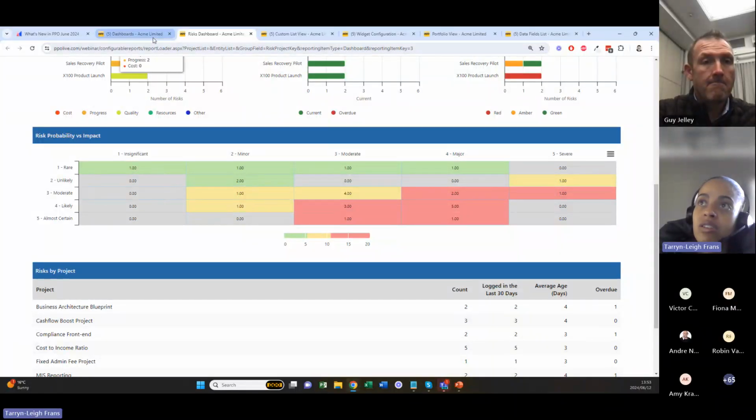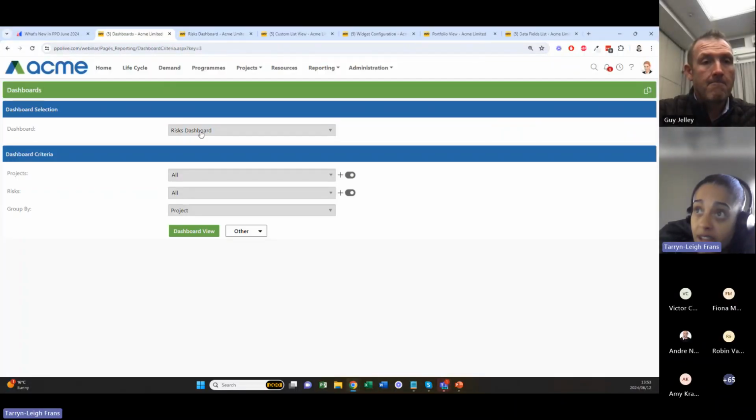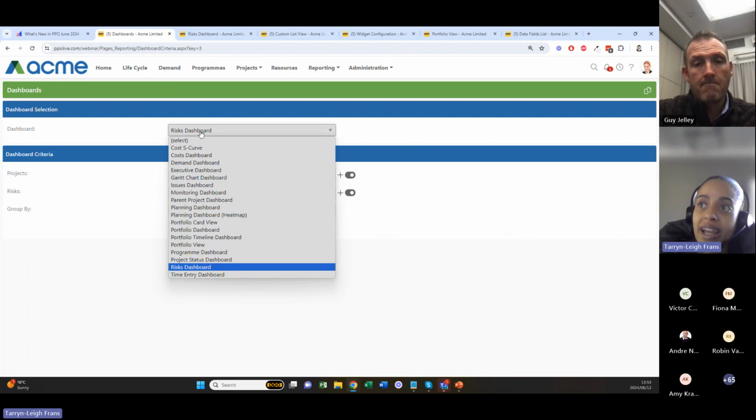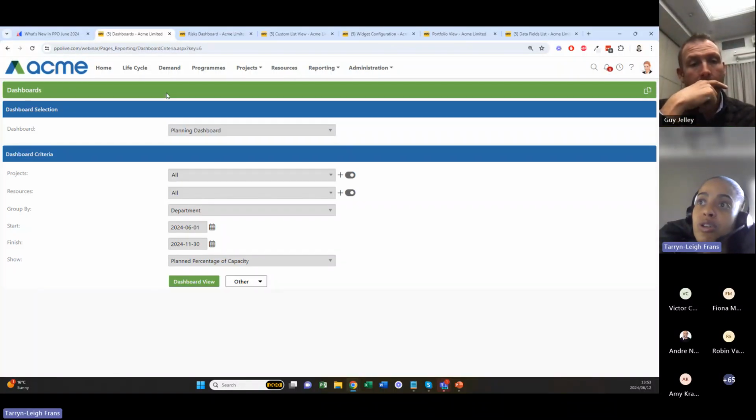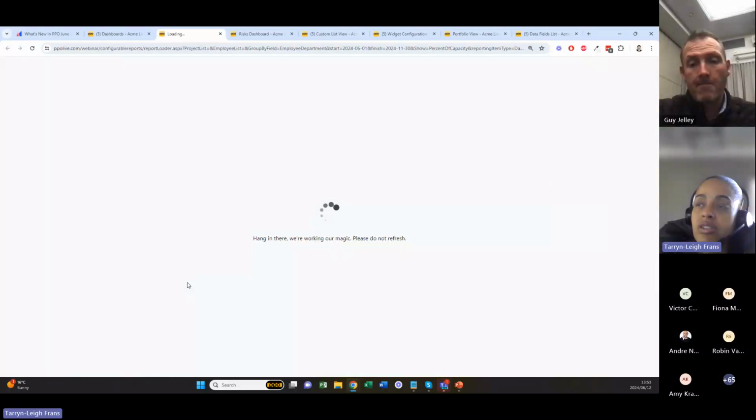Another use case for it, which may be familiar to you, would be on your planning dashboard. So I'm going to quickly start with what you're used to seeing. On an existing planning dashboard, you would have this additional report parameter here to show planned percentage of capacity or planned hours. When you generated the report, so we'll look at the heat map at the bottom now, you would see the heat map,